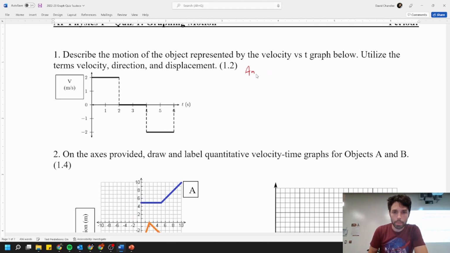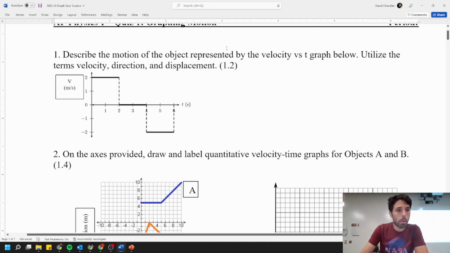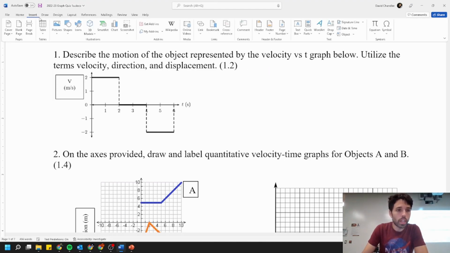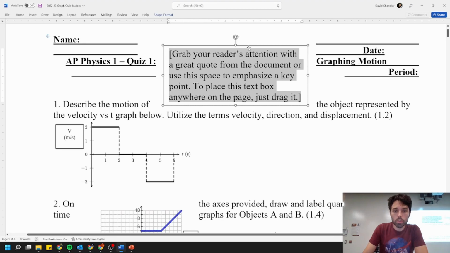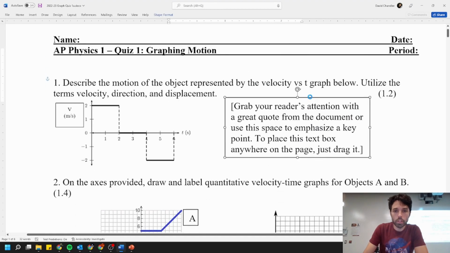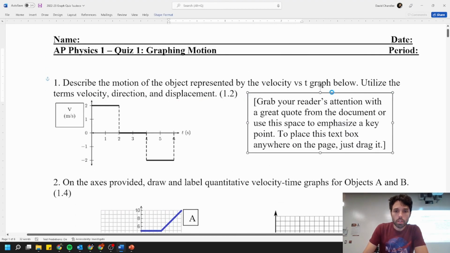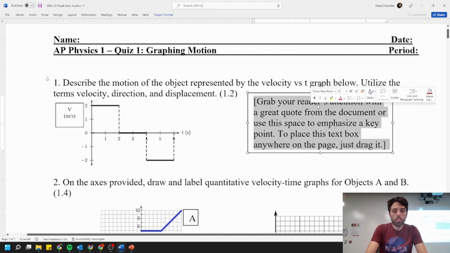I'm going to type this instead of writing it because you probably can't read my handwriting anyway. So I'll insert a text box here. And then we'll do, whoa, that's not what I want exactly. Moving all over the place. Okay. So I'll say an object